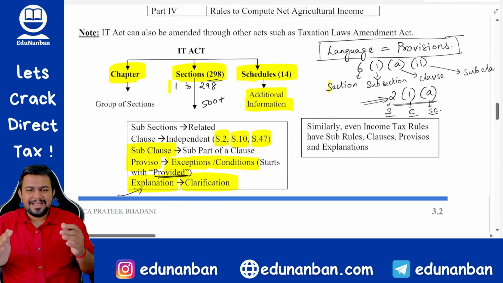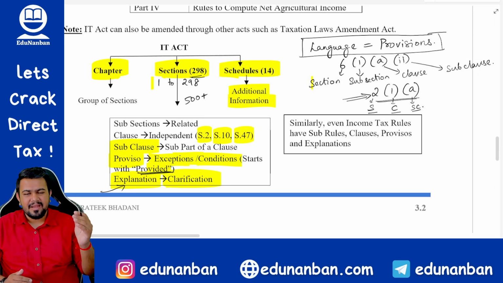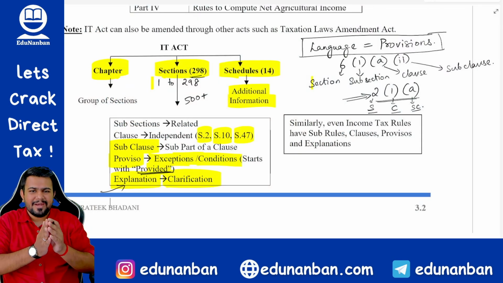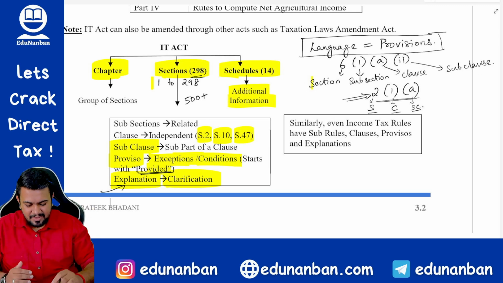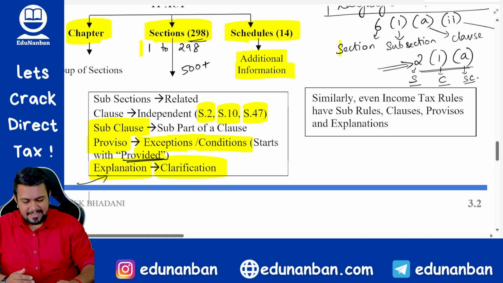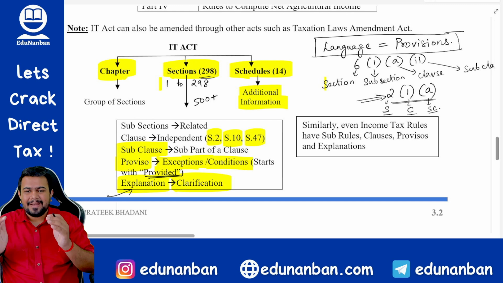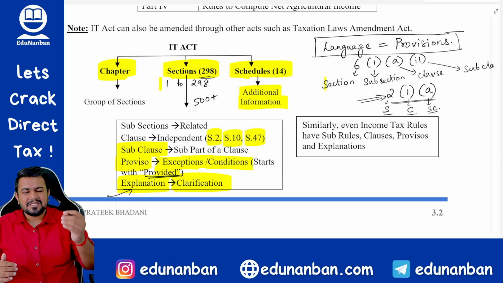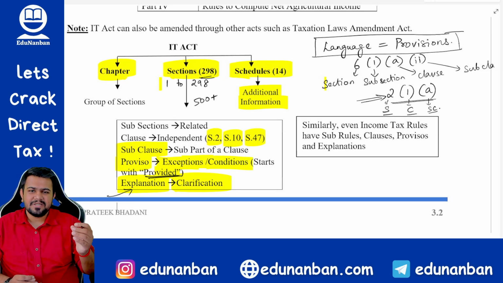So let me summarize everything for you. I told you about the Income Tax Act. Income Tax Act was passed in the Parliament in 1961. It came into force from 1/4/1962. Don't look at the screen, look at my face. I know the screen is distracting you. Income Tax Act came into force from 1/4/1962. The Income Tax Act can be divided into chapters, sections and schedules. A chapter is nothing but a group of sections. Sections only contain the provisions of the Income Tax Act, and schedules contain additional information.